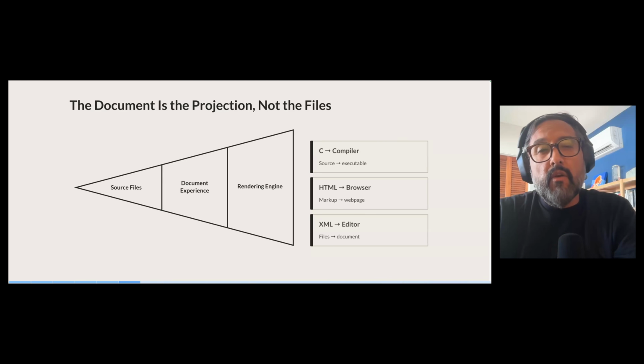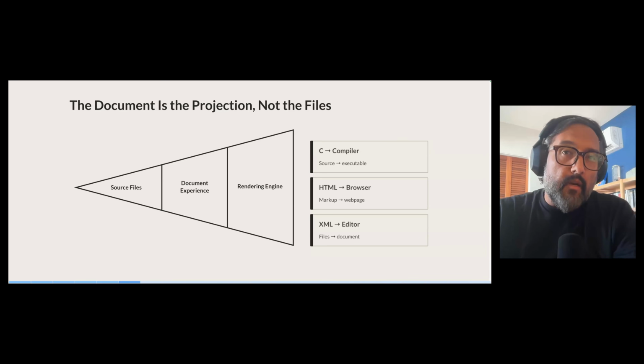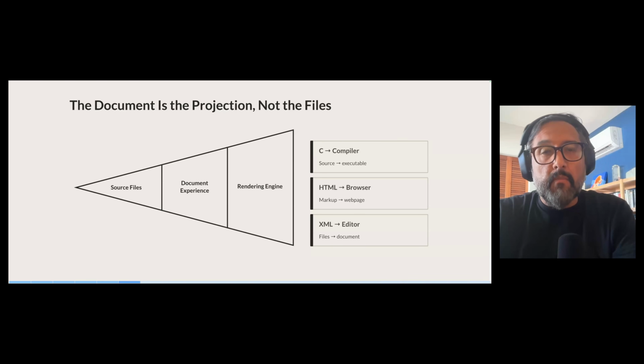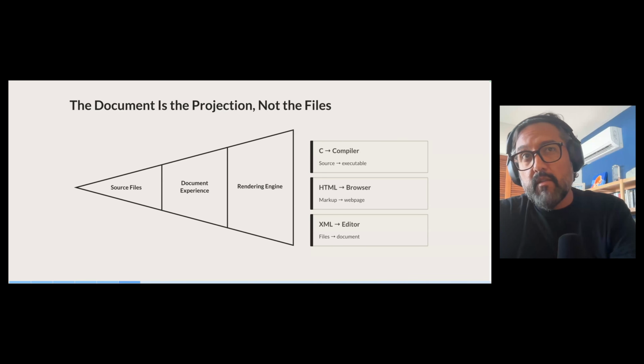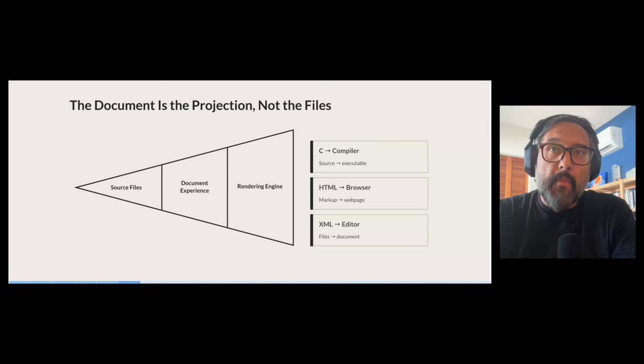And abstractions are incredibly powerful. But they're also a kind of promise. The promise is that all of that hidden complexity is going to behave itself. That the structure underneath will preserve what you meant. That the document that you wrote here will still be the same document that someone else sees over there. And that promise gets tested the moment the document has to move. And most documents do move. Most documents are made to be shared or to collaborate on. They have to survive a journey.